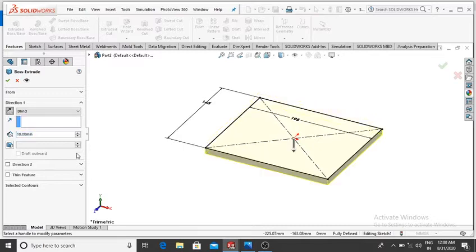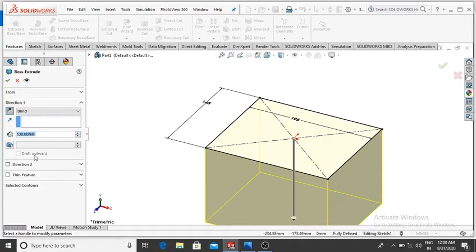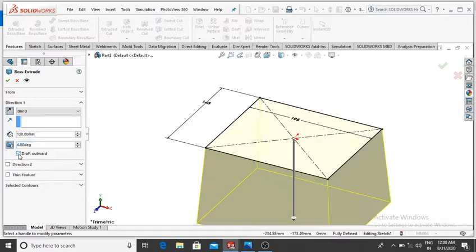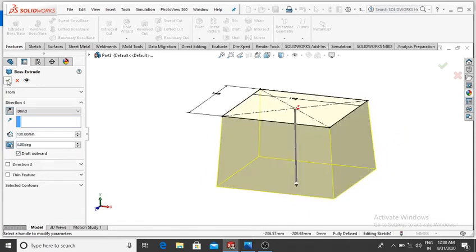So make it reverse, and here we extrude this sketch 130 mm. So make it, and here one thing, make the draft. So select the draft and make the draft 4 degree and make the draft outward. So select, now it's come outward direction. Now look, then OK,